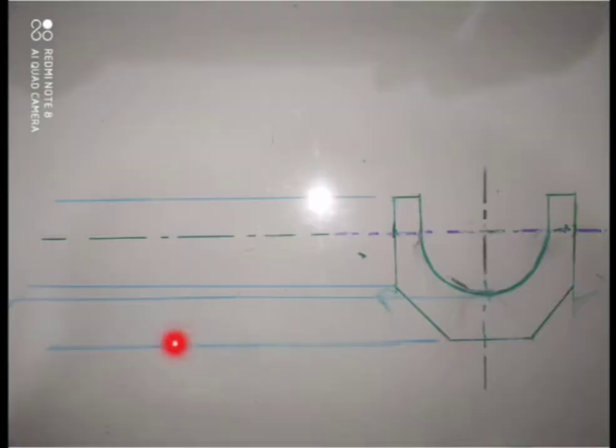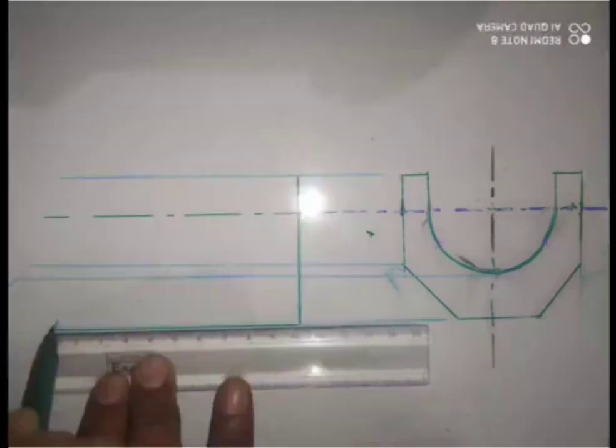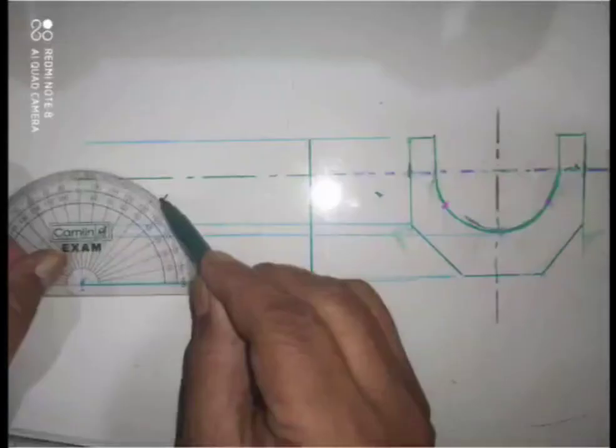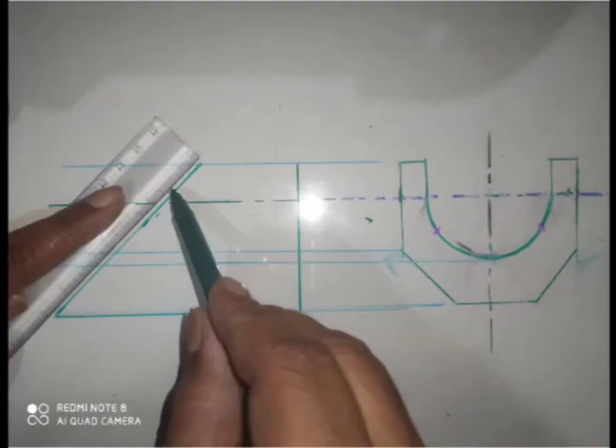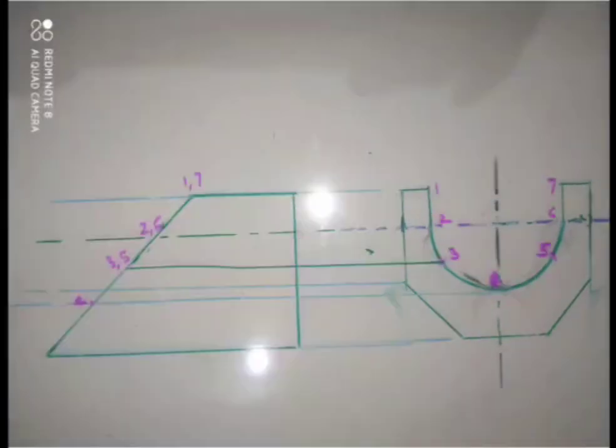Next I have taken the projections here to draw the front view. So I have drawn this line first. What is the total length? Total length is 100 mm. I have taken the 100 mm here, and at 45 degrees I have drawn the line where it will intersect. That will be your front view. Now I have given names to the internal points of the object, 1, 2, 3, 4, 5, 6, 7 in the side view. Similarly, I have transferred these names to the front view.